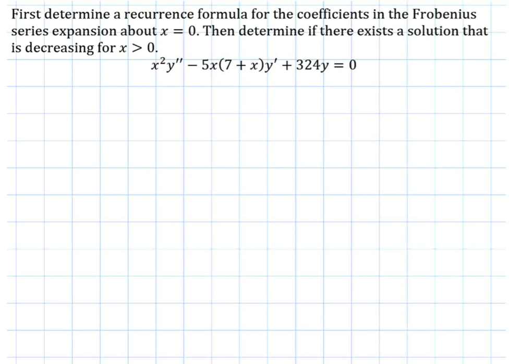There are two parts for this problem. The first part we will use the method of Frobenius to determine the recursion relation of the coefficients. Then we determine if there is a solution that is decreasing for x greater than 0. We get there when we have the solution. But first, the Frobenius theorem,